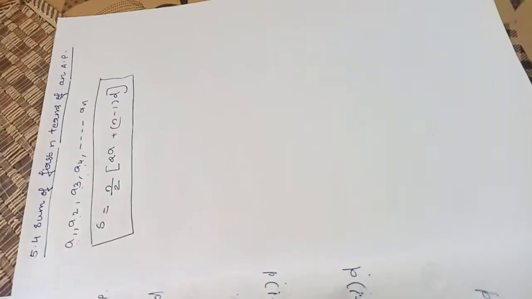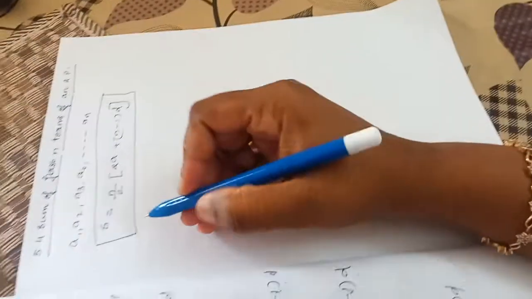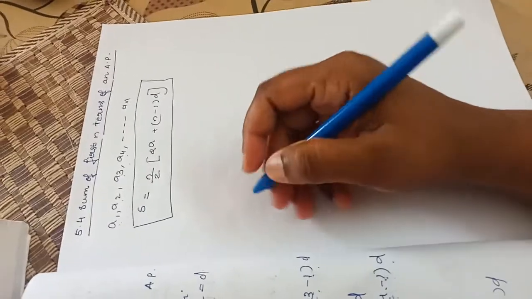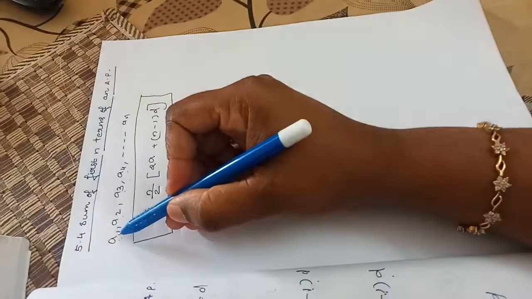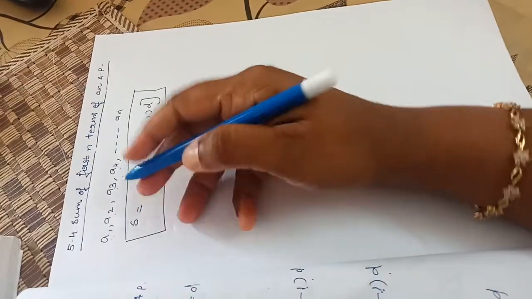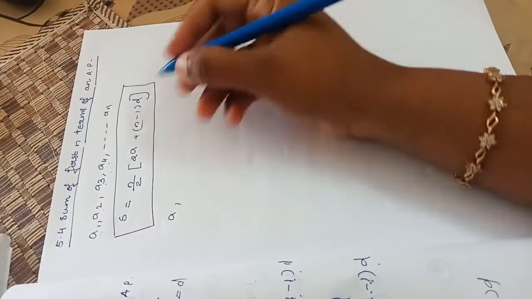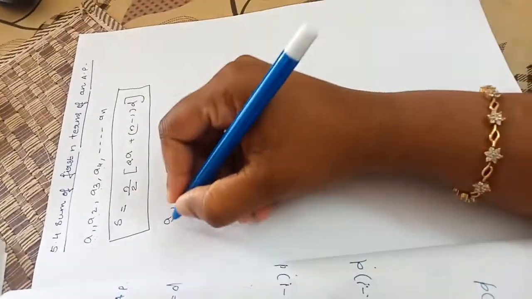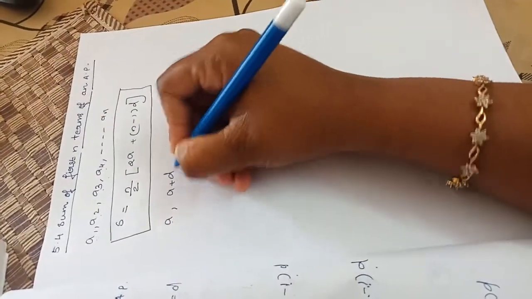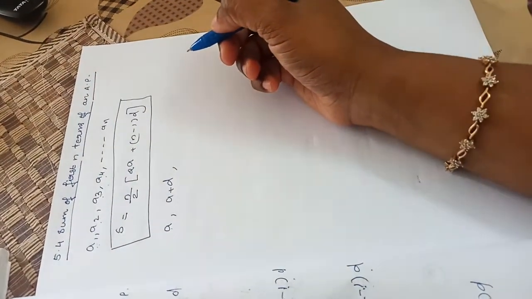Okay, now I am giving you the derivation of this equation. So in your syllabus you have to learn the derivation of sum of first n terms and also nth term of an AP. So how can we prove S is equal to n by 2 into 2a plus n minus 1 into d? The terms are a1, a2, a3, a4 till an, correct? So first term I am denoting it as a. Always first term we can denote it as a. Second term a2, this is first term plus d, correct? First term plus common difference.